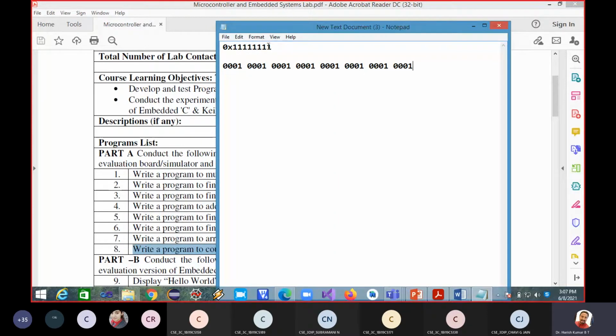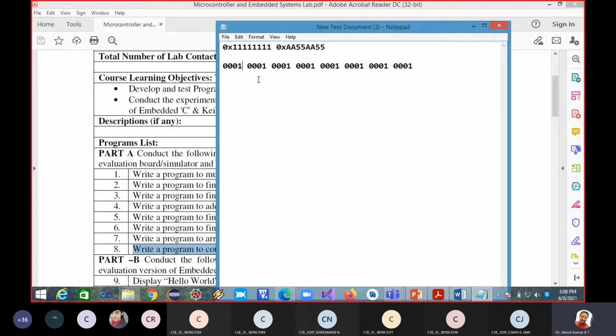Now he says not just one memory location, he says 2 consecutive memory locations. Let me take another consecutive memory location, and the value in this is AA55AA55. Okay, so this is another 32-bit number. Again, I have to count the number of zeros and ones in the entire 2 32-bit numbers. Now let me write this in binary.